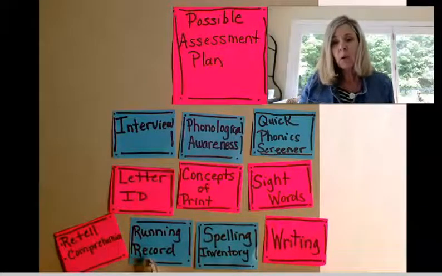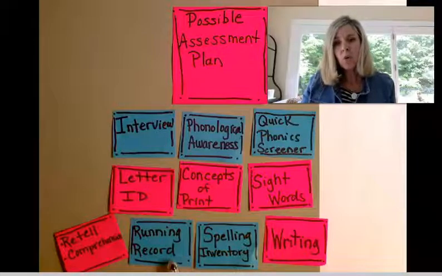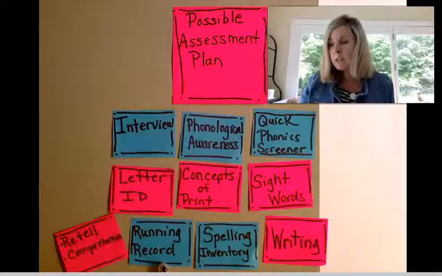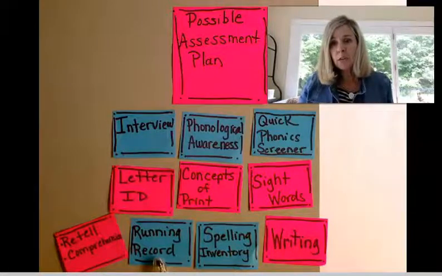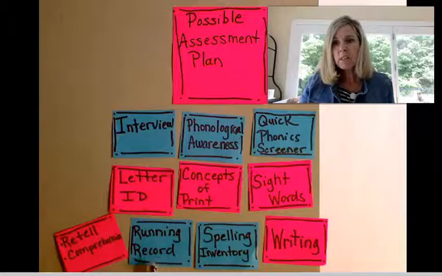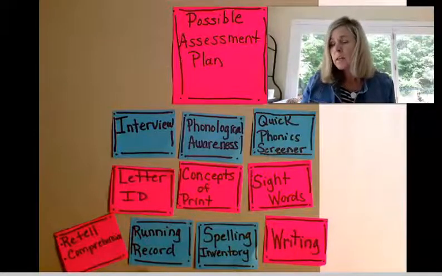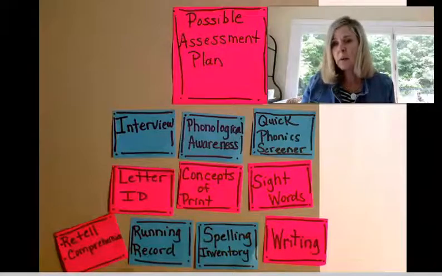And then I want to engage in some type of running record of a text. Pioneer Valley has some level A or double A level text, but I may decide to read a certain portion of the text and then ask the student to read one or two words of the text just to see. They may not be reading yet. They may be just reading the pictures, but do they have the ability to hear some type of pattern or anticipate what word may come next or what's being repeated?